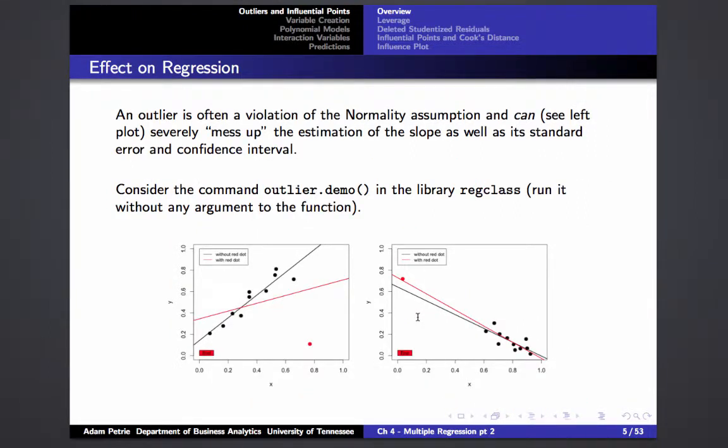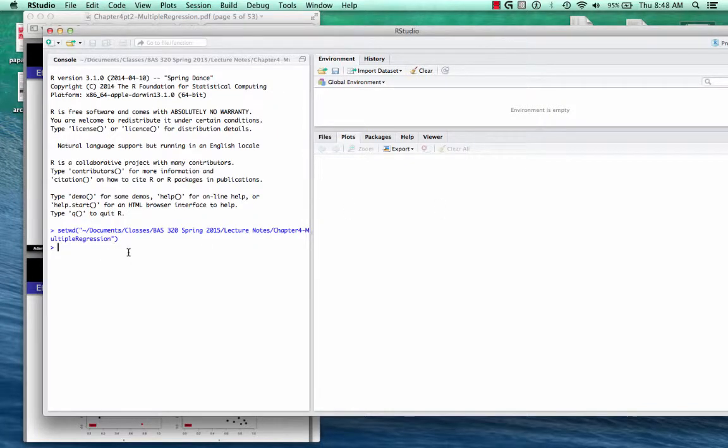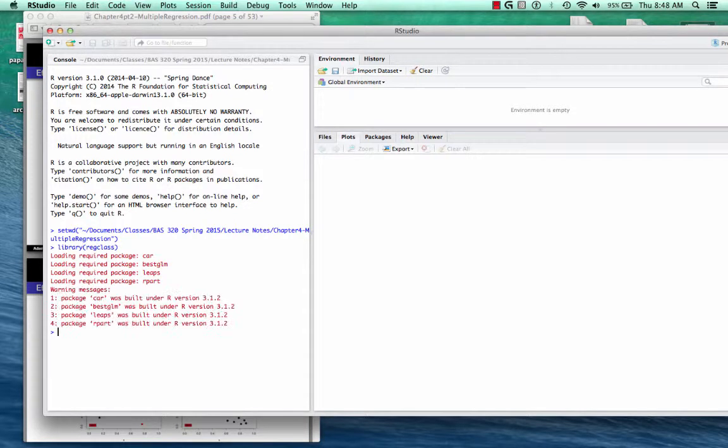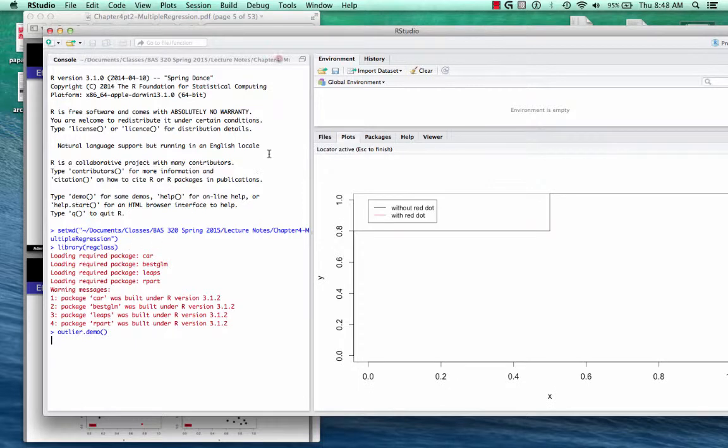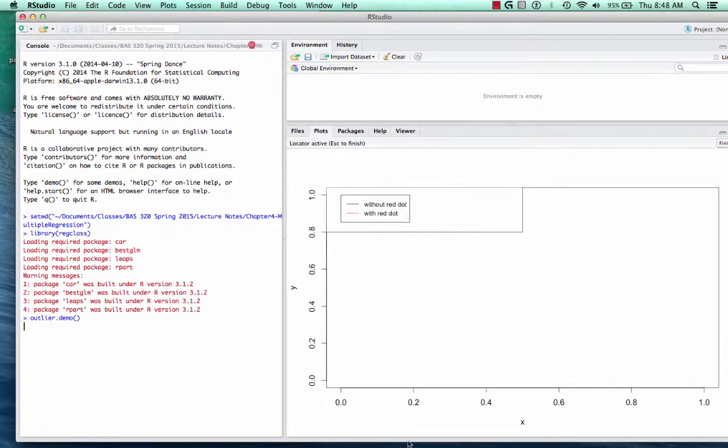So let's review what effect an outlier has on the regression equation. Typically, the presence of an outlier indicates a violation of the normality assumption, meaning that we can't use the regression model, but we know that an outlier can sometimes really affect where that regression line actually is. So there is a command inside library reg class called Outlier Demo. And this works very similarly to core demo, which we had looked at before,